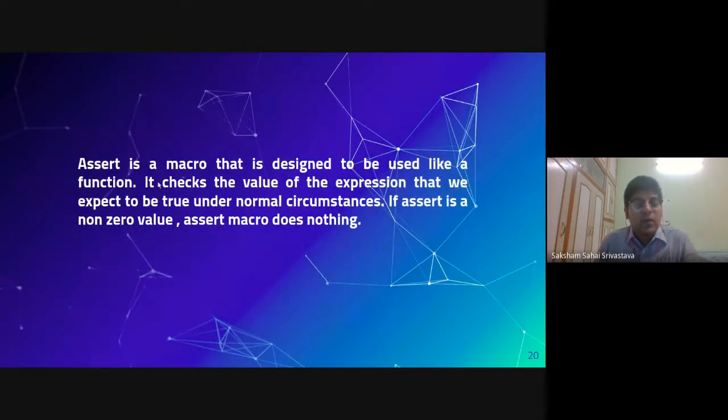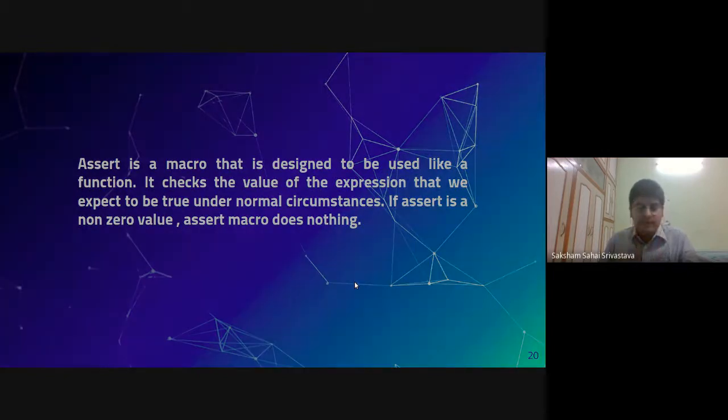Assert is a macro, a tool that is designed to be used like a function. It checks the value of the expression that we expect to be true under normal circumstances. If the expression is a non-zero value, assert will return nothing. So we'll try to make the assert condition false.